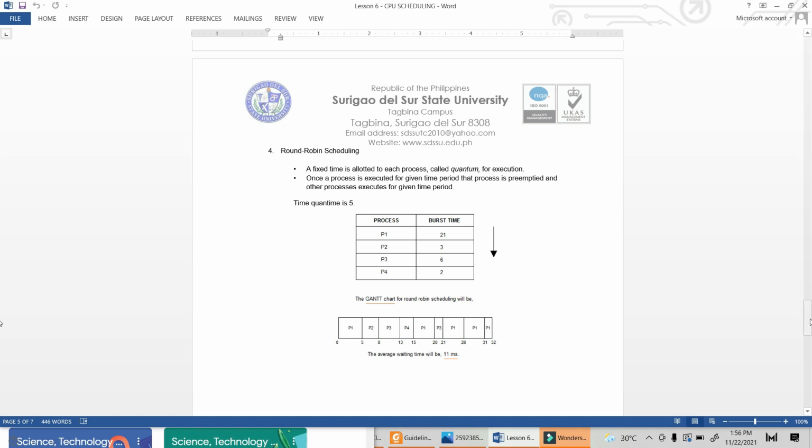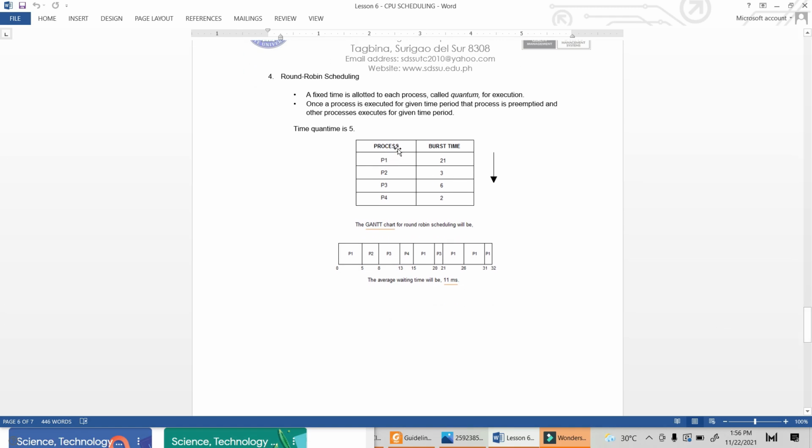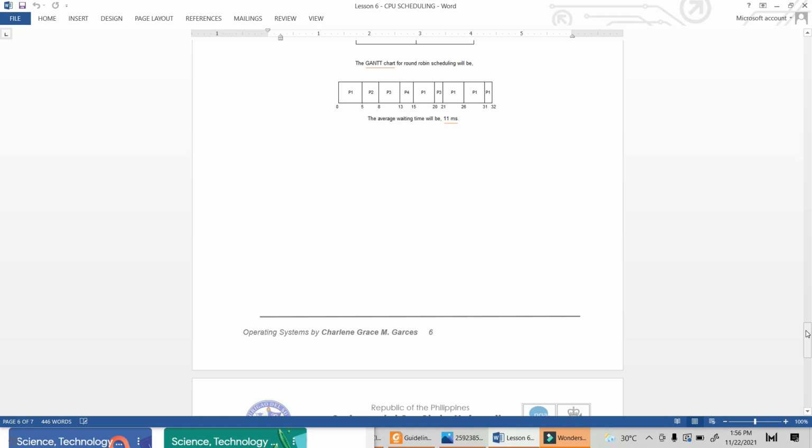illustration. So we have the table again, processes P1, P2, P3, P4, with the same burst time in milliseconds. So the Gantt chart will be, since it has given equal priority, P1, P2, P3, P4, and then again P1, P3, P1, P1, and P1. The average waiting time will be 11 milliseconds. Okay, so let's say for example